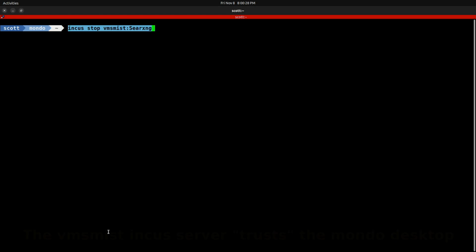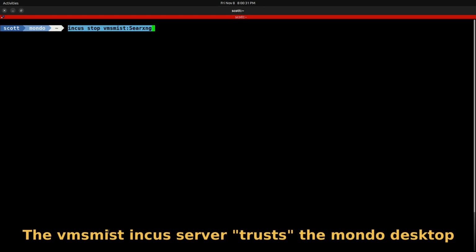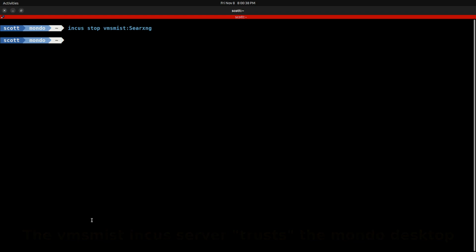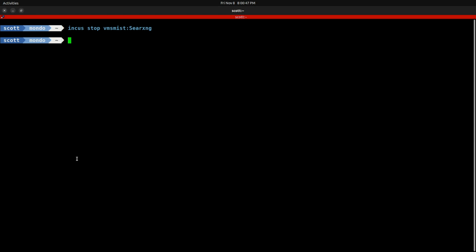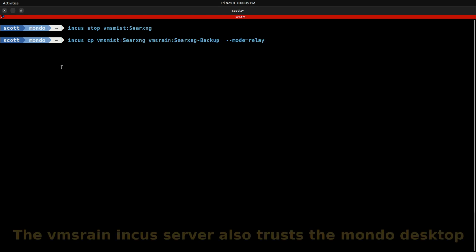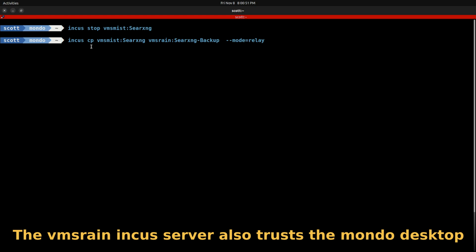So the first thing that we want to do is an incus stop on VMS Mist:SearXNG. That's the existing production container for the search. And then we're going to use a new command that I've not mentioned before, an incus cp rather than an incus move. So an incus copy from VMS Mist SearXNG over to the server VMS Rain